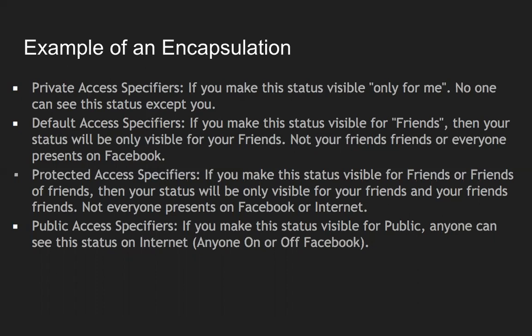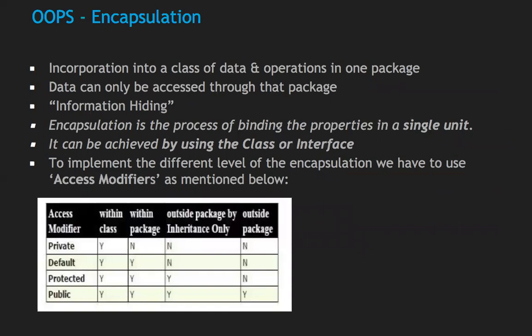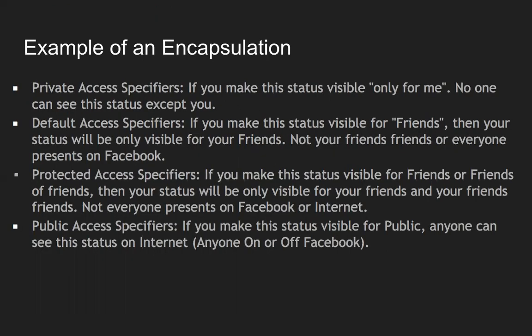So this is the best example of encapsulation, and these are the levels where we can apply it. We said in the previous slide that information is hidden, right? So what is information hiding? If we take private, it means I'm hiding the information, I'm not showing it to everyone. That is information hiding. So these are the two main pillars which we'll be discussing in this video.